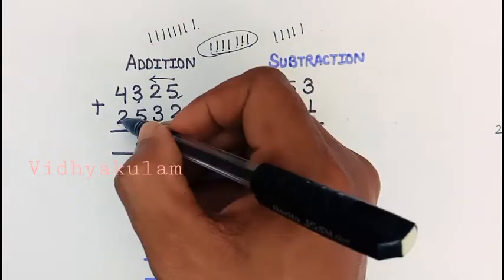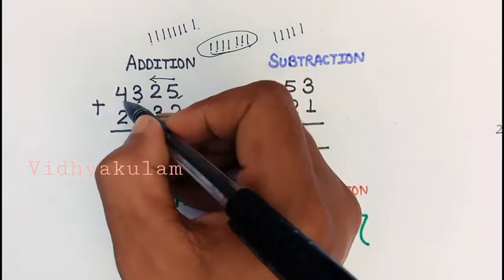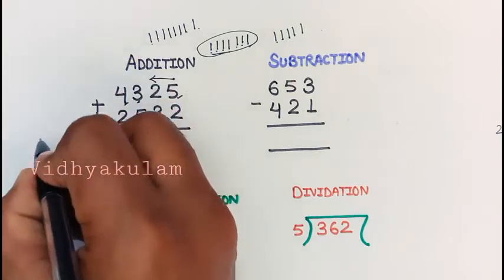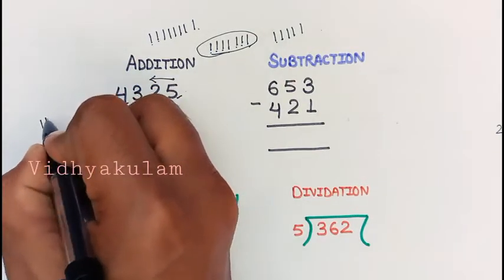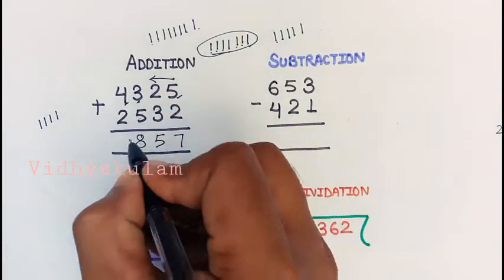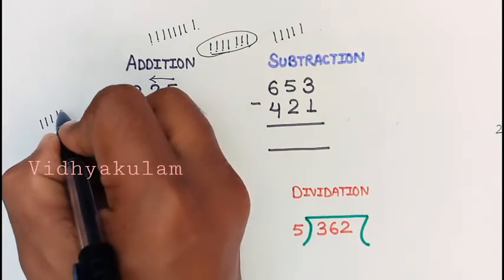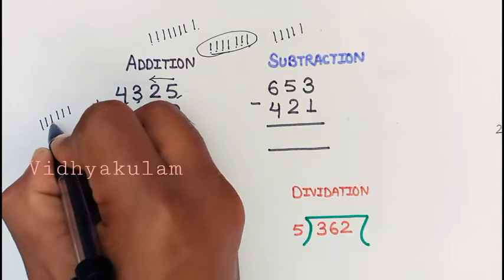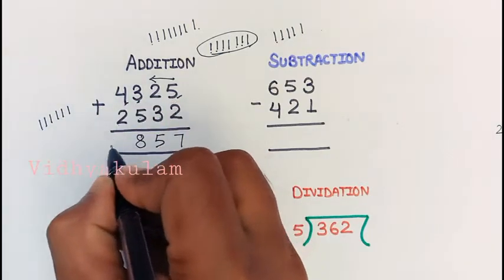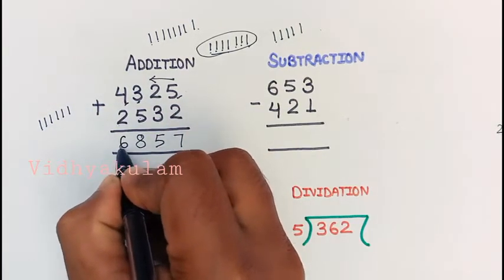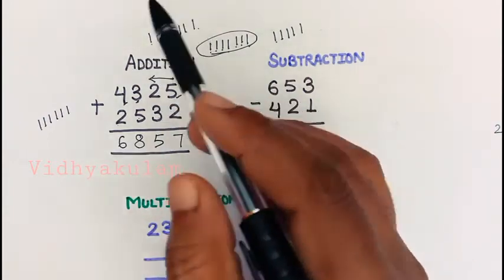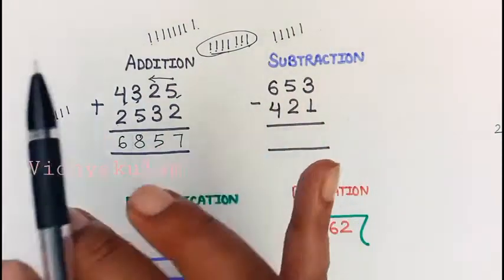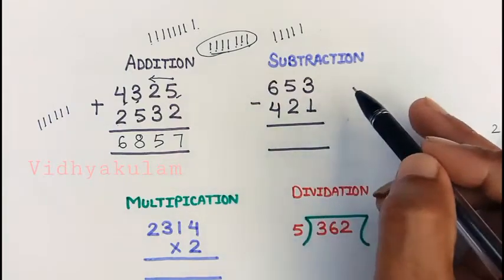Okay. The last one is 2 to 4. So first we will draw 4 lines. 4 lines means 1, 2, 3 and 4. After that, 2 more lines: 1, 2. Count them all together: 1, 2, 3, 4, 5 and 6. So here we will write 6. So in this way we can easily do any addition. Now let's move on to subtraction.